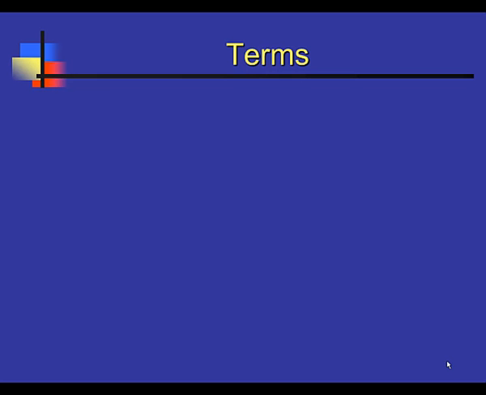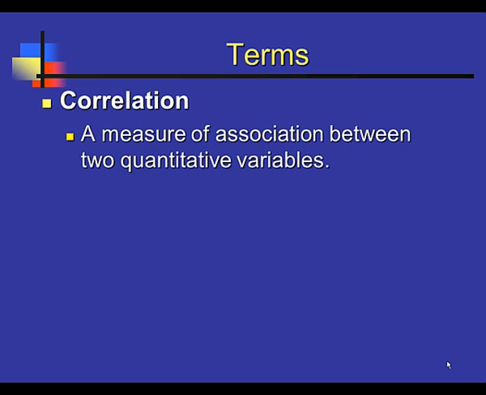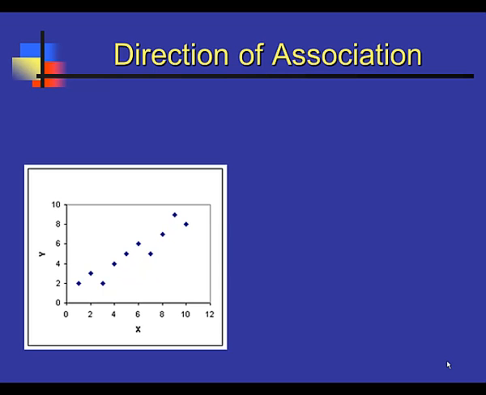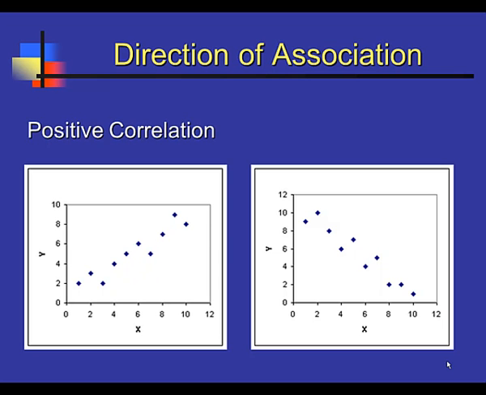The first topic for today is correlation. In simple terms, it is a measure of association between two quantitative variables. The direction of association can be visualized using a graph. The association can be either positive or negative. A positive correlation would be a case where as the x values increase, so do the y values